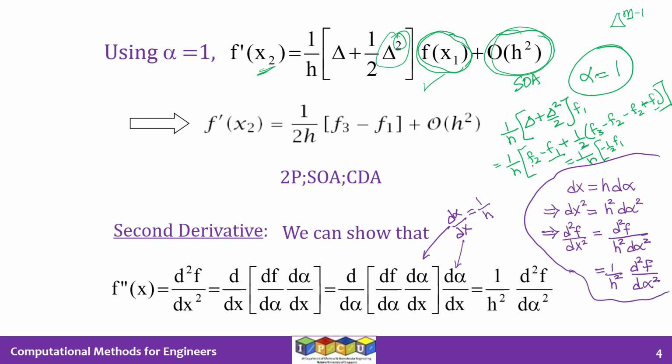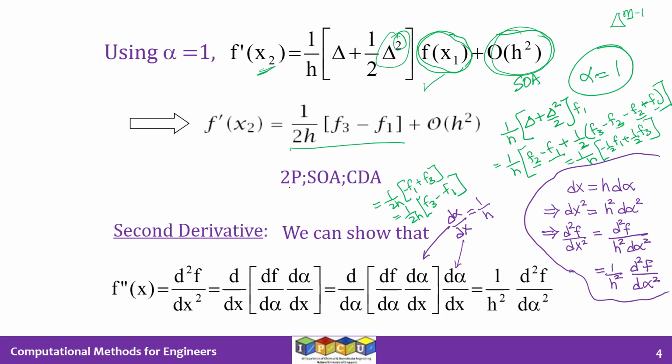And we're going to have f2 minus half f2 minus half f2. So it will be 0 f2. So f2 is not going to be there, interestingly. And it is going to be plus half f3. So if I pull out the 2 in common from the denominator, I can write this as equals 1 by 2h (minus f1 plus f3). Or I can write it as 1 by 2h (f3 minus f1), which is what you see here.